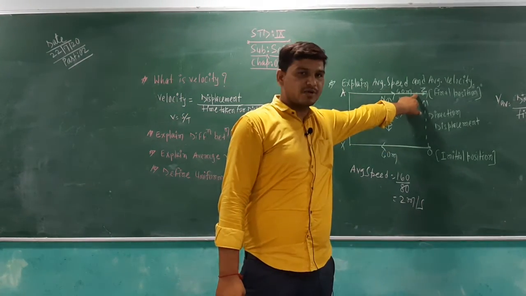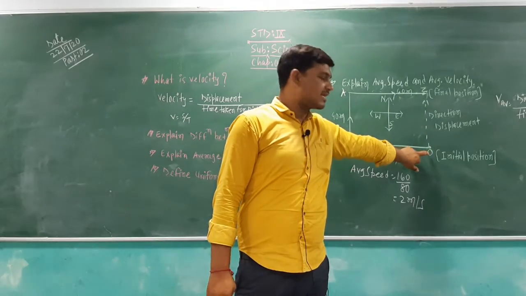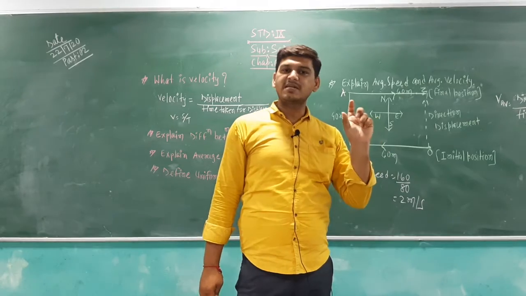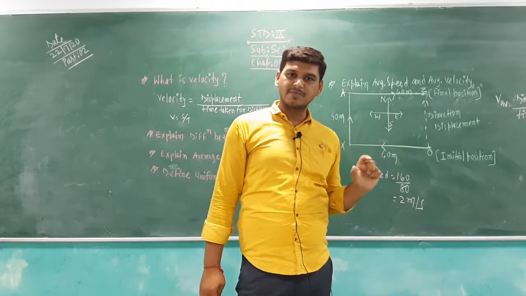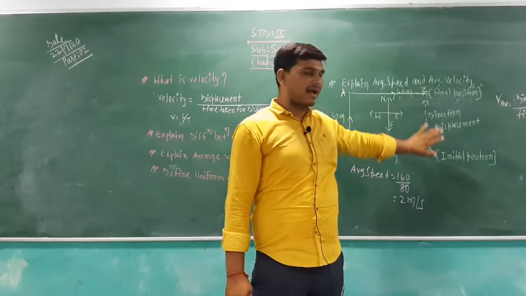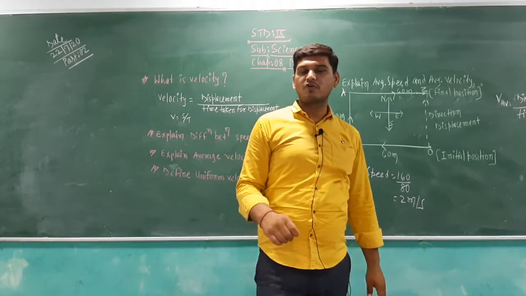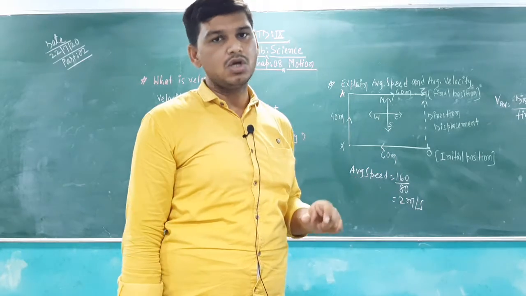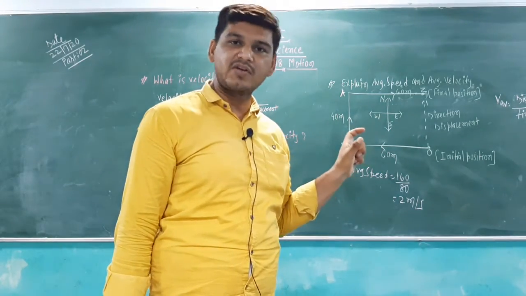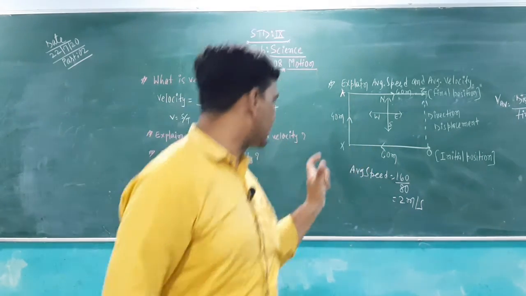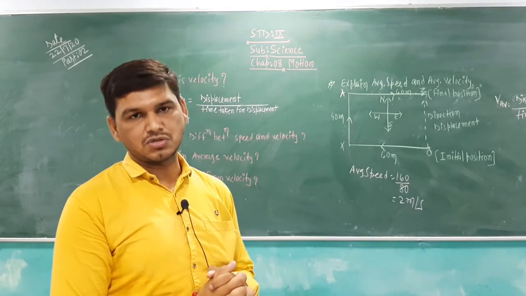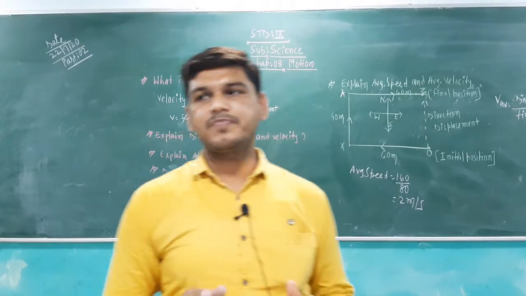तो फाइनल पोजीशन क्या है? एक्चुअली यहाँ पे आके व्हीकल मूव किया है, तो इनिशियल पोजीशन 0 और फाइनल पोजीशन कितना है? 40 है। तो डिस्प्लेसमेंट क्या होगा? 40 माइनस 0 डिवाइडेड बाई 80 यानी क्या होगा? 0.5 मीटर पर सेकेंड। सो एवरेज वेलोसिटी 0.5 मीटर पर सेकेंड और एवरेज स्पीड आपको मिलेगा 2 मीटर पर सेकेंड।